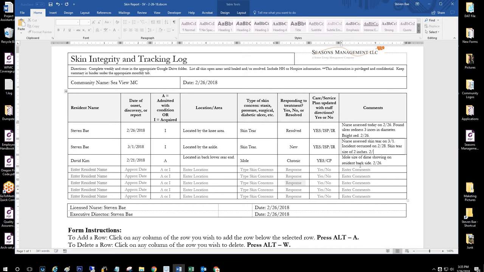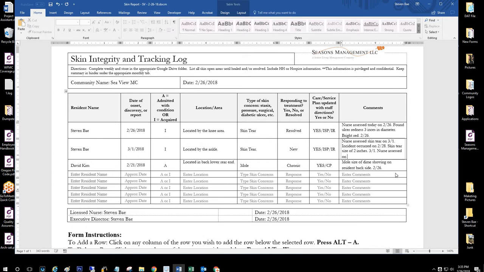So we always want to end it with the date here, because the following week, if you were to update this report, you would go back to this here and write another comment here, 3/8, and